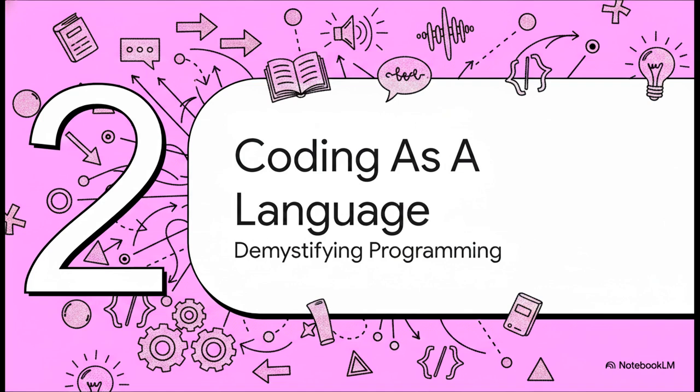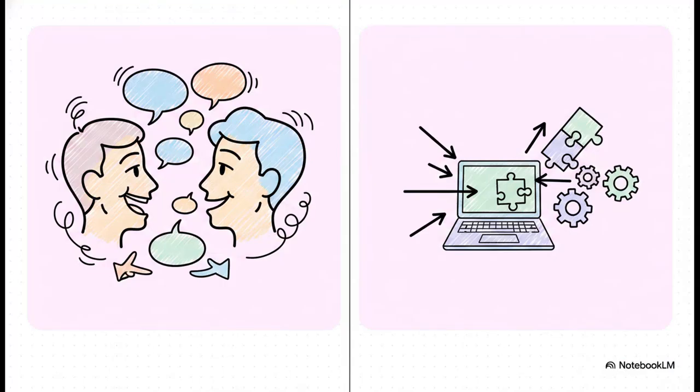Moving on to Section 2, coding as a language. To demystify coding, we really need to fundamentally change how we think about it. Think about how you and I communicate, right? We use spoken words, gestures, a whole lot of nuance and assumed context. But machines, like your phone, your laptop, or satellites, they don't get nuance. Machine communication requires specific commands, precise logic, conditional statements, and exact syntax. Programming is simply learning that new language to give specific instructions to devices. Once you grasp that concept, the whole intimidation factor of coding just completely melts away.